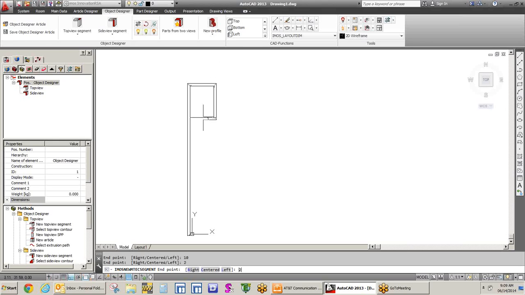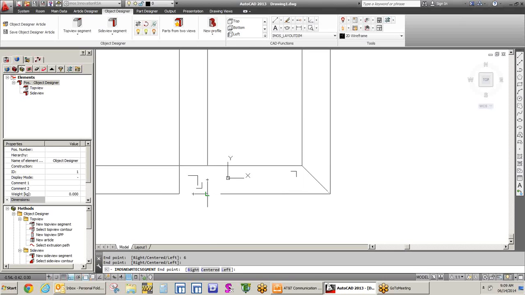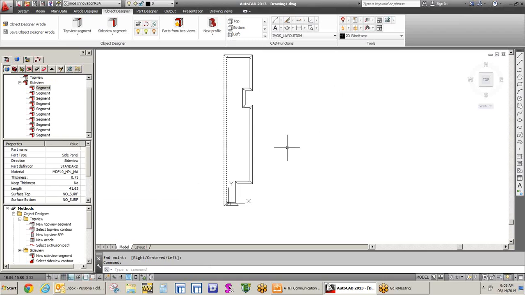I want to go in 2 inches, down 4 inches for a reveal, back out 2 inches, and then we'll come down, in this particular case, at 22 inches, and we'll come in 4 inches, and we'll complete what we're doing here as we get down to the bottom of this. And so we'll tell this that we want it to be at 6, and we'll complete our sections. So by hitting the Enter key, we now have a side view segment of the way that this Diewall is